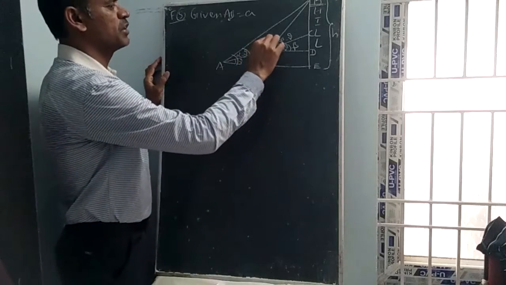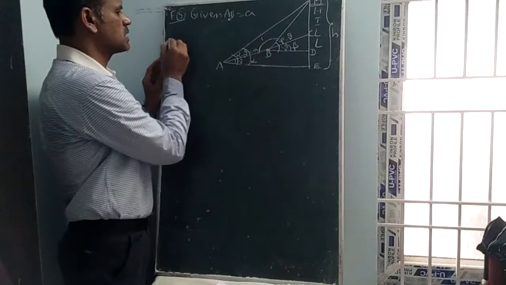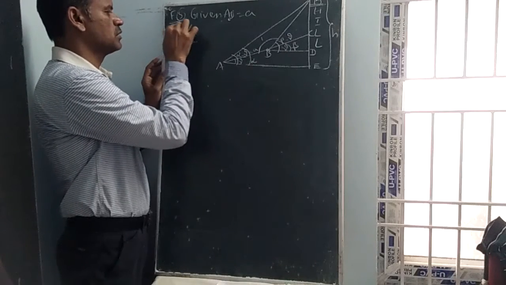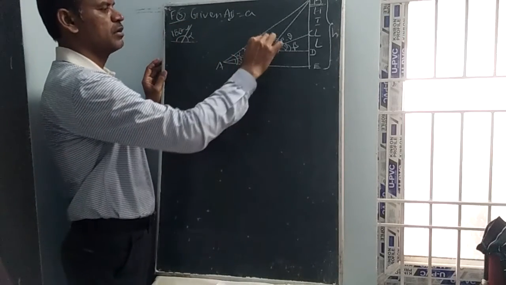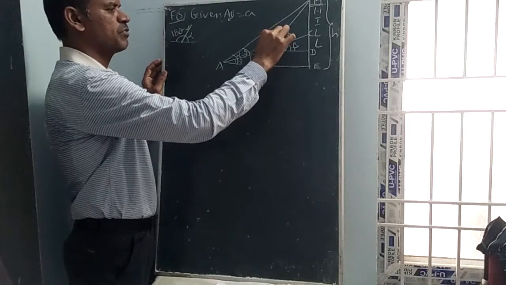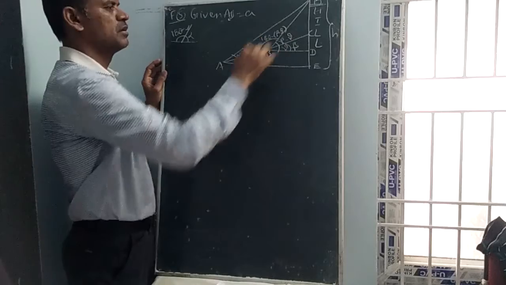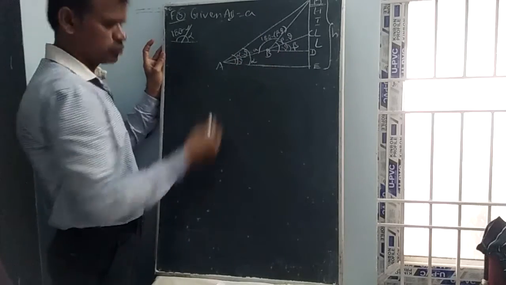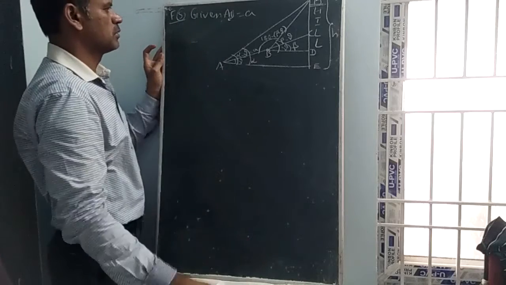We know that the sum of a linear pair is 180 degrees. Sum of a linear pair means like this: if this is alpha, this is 180 minus alpha. So according to the linear pair concept, you can write here 180 minus of beta minus gamma. So total angle, let us explain.